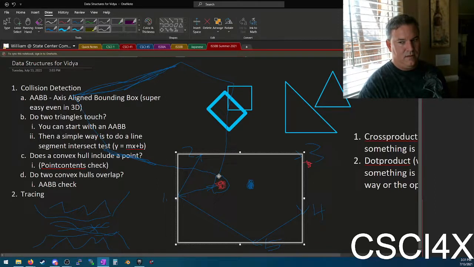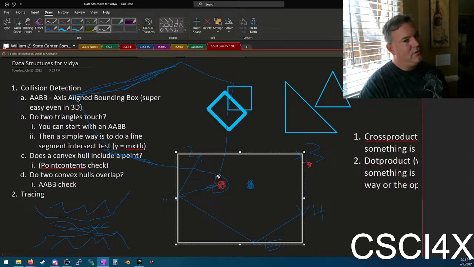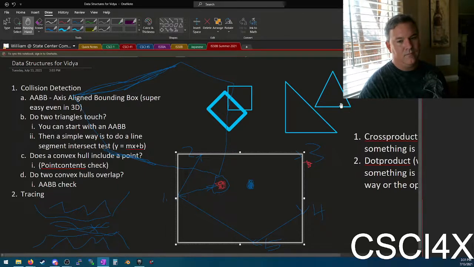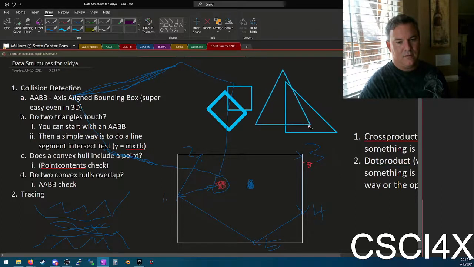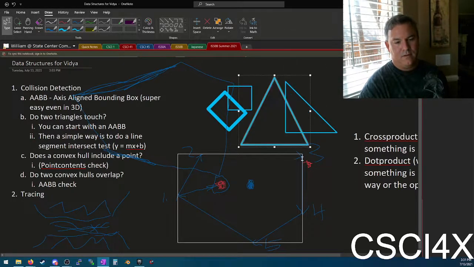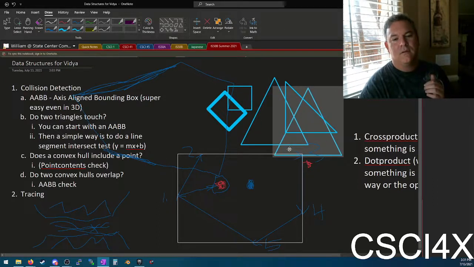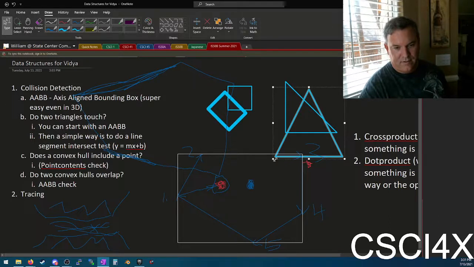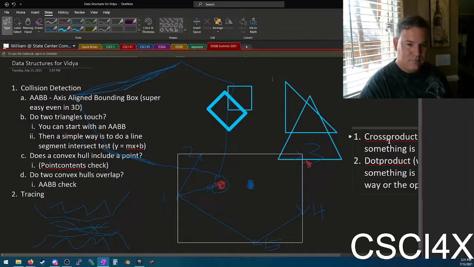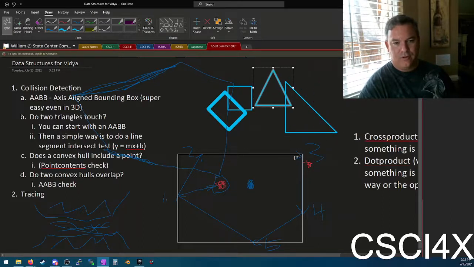So you could see if any of the points are inside of each other. I think that would work also. Let's see. Can they overlap? Yeah, they can overlap without necessarily one of the points being inside of the other one. So, yeah. And so in general, we try to avoid